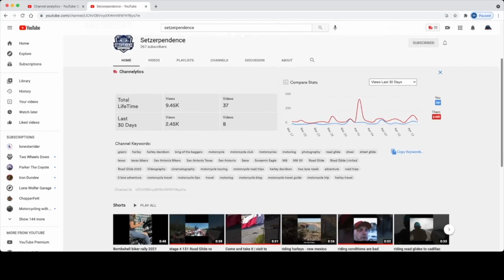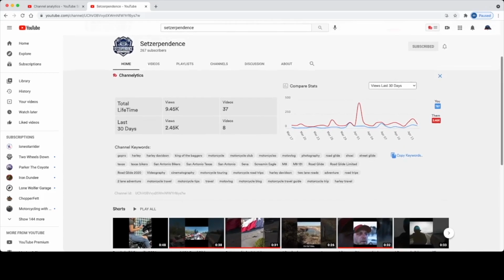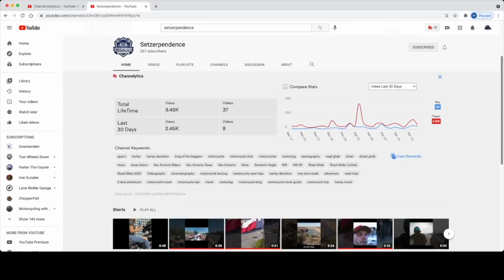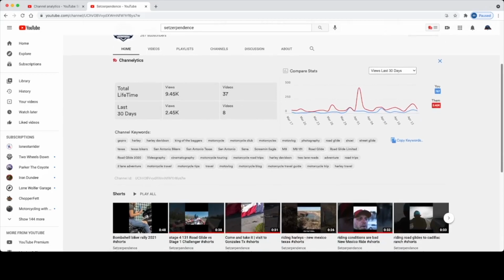But one thing I noticed between Setzer Pendants and Her Two Wheels is all the keywords that they've used in their videos. Now, keywords, well, what's a keyword? When you type something into Google, it doesn't search for the whole phrase. It takes keywords and does a comparison.